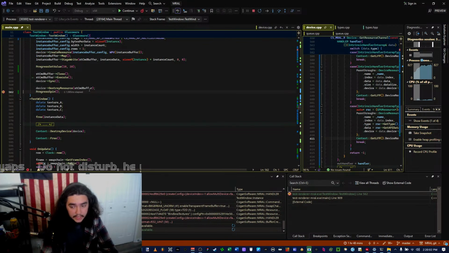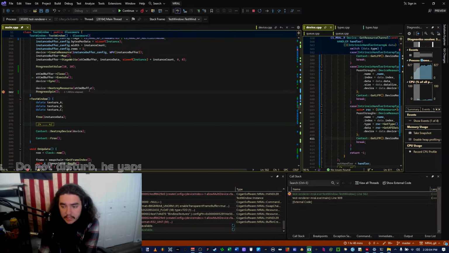Another validation error, but it hits the end. It just gets one validation error, and that is when I do a queue submit, the value must be greater than or equal to the current timeline semaphore.